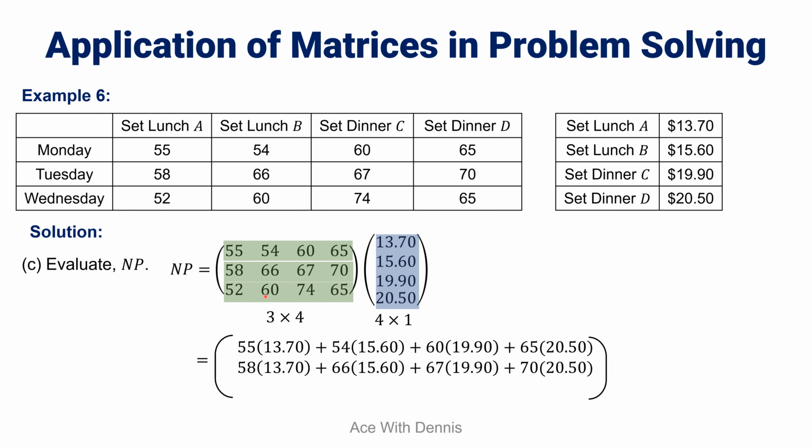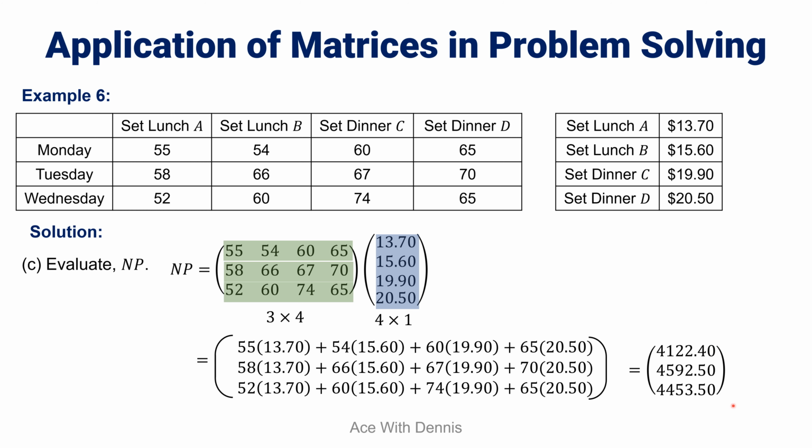Next one, these elements multiply with this element again. So this is what we get, 52 times 13.7 plus 60 times 15.6 plus 74 times 19.9 plus 65 times 20.5. Then we calculate everything here and we'll have